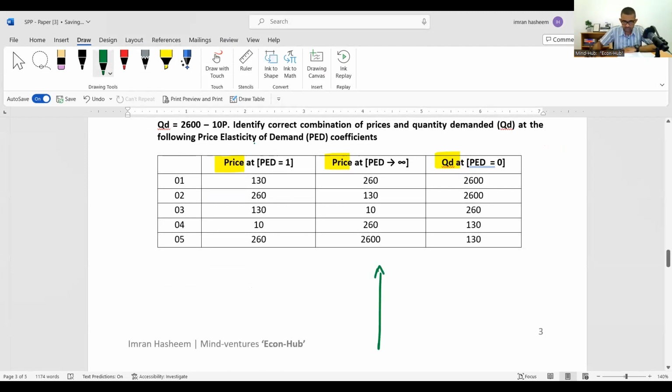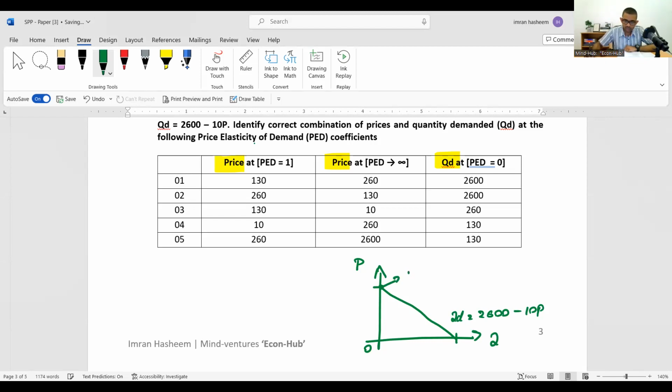We have the vertical and the horizontal axis. You know in a standard demand curve, vertical axis is price, horizontal axis is quantity, right? It's a standard demand equation that is given. So if we draw the demand curve for QD equals 2600 minus 10p, are we okay? Right. Now, we know a few things in terms of elasticity behavior, because the question focuses on that.